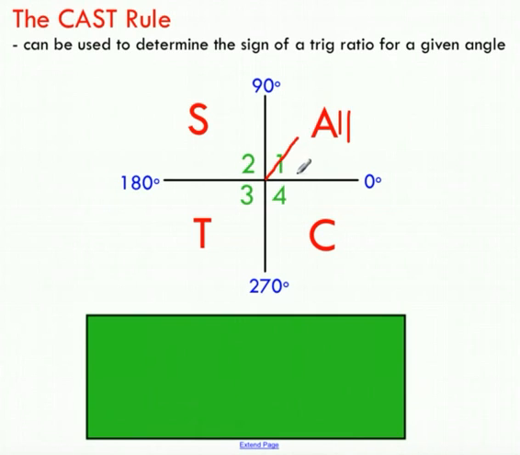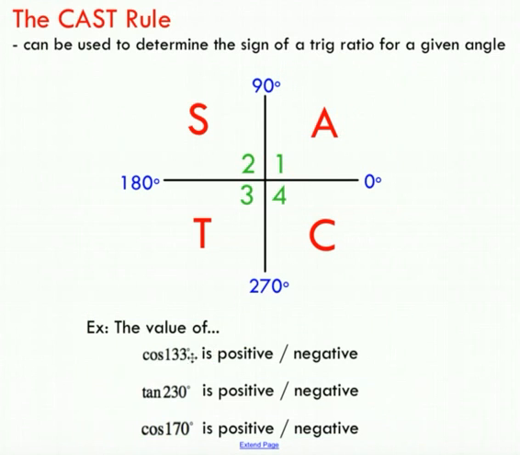If you take the sine, cos, or tan of any angle between 0 and 90 degrees, it's going to be a positive number. Looking at the cos of 133, if we rotate our terminal arm to 133 degrees, which is approximately here, and we take the cos of that, we'd get a negative number, and that makes sense with our CAST rule. Only sine is positive in this quadrant, so cos must be negative.